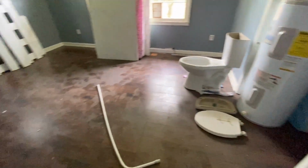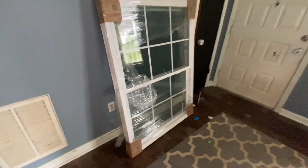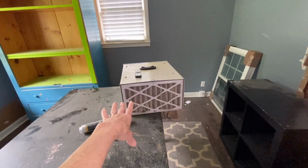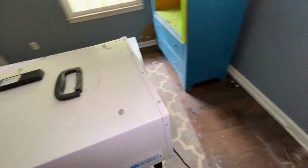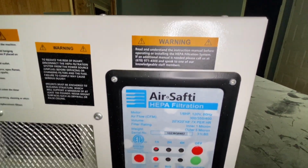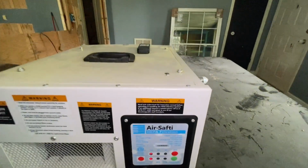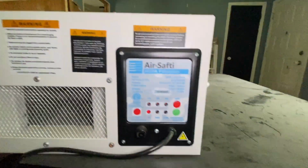So let me see what else. Nothing in this room except the windows are here. So he has that floor down, and we have a lot of the junk that was in here out. The windows for these front windows. And David has an air purifier on. It has a filter. It helps to keep the dust down and keep the air cleaner. It's called Air Safety HEPA filtration. I'm not really sure where we got this, but he used it at another house that we fixed up, and